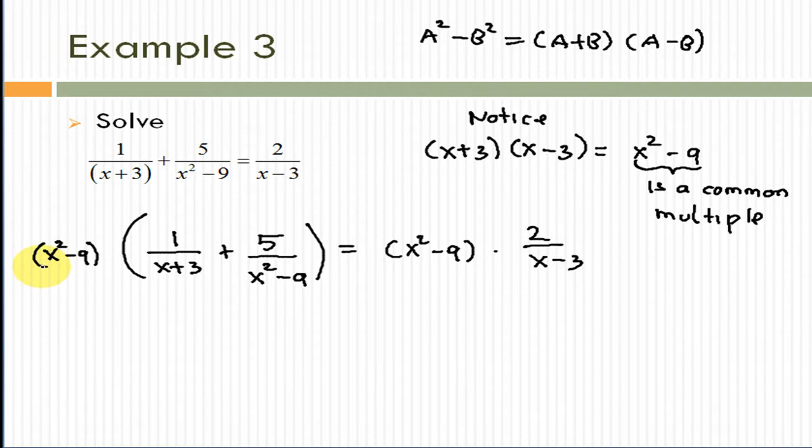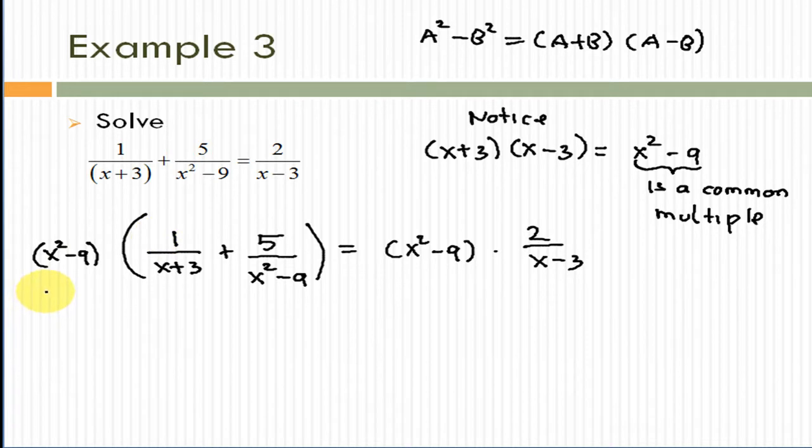Now we can use the distributive property, this times that. But because x squared minus 9 is exactly the product of x plus 3 and x minus 3,